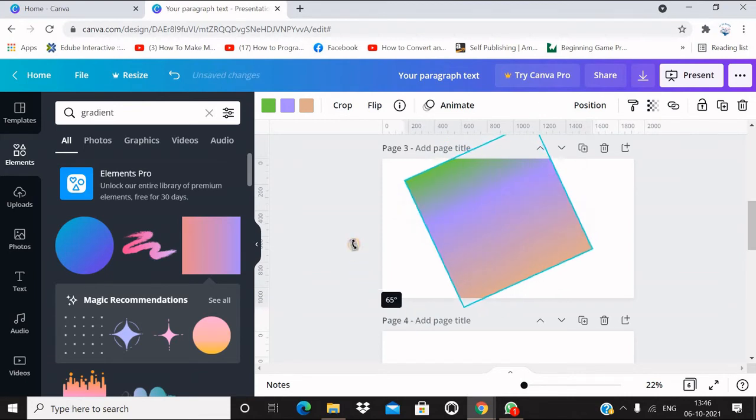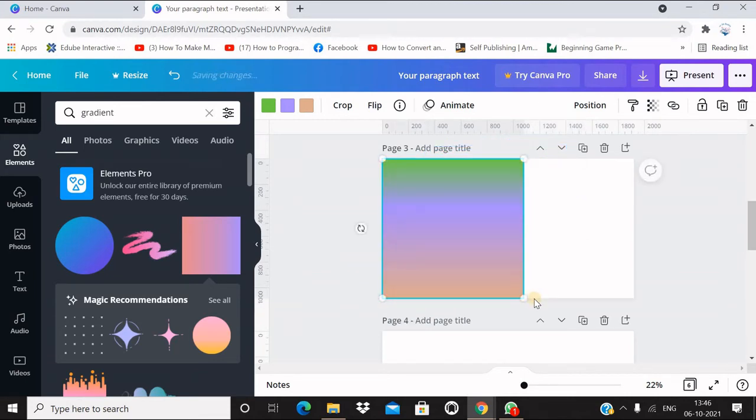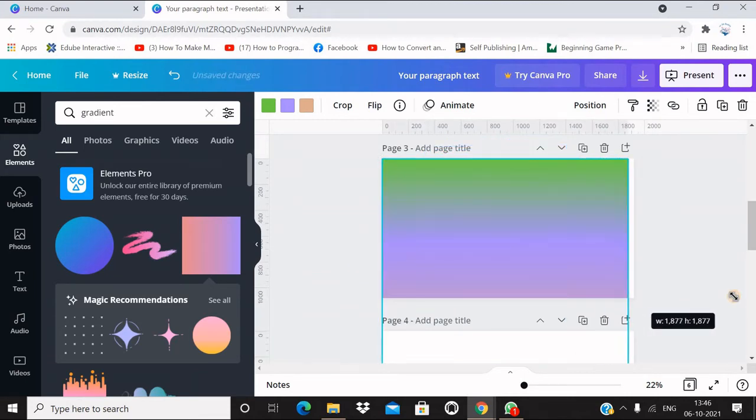I can turn it, drag it down. So that's it. You can create fascinating out of the world gradients for background of your screens.